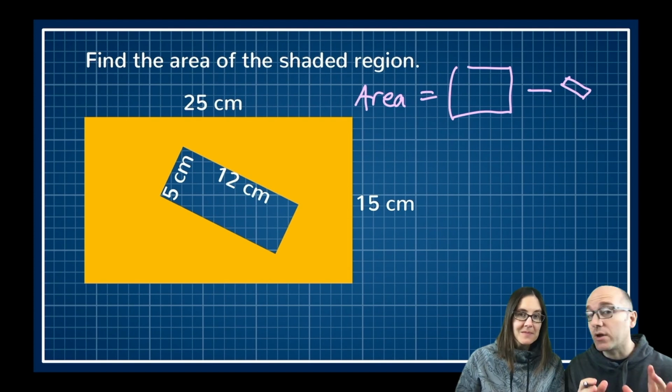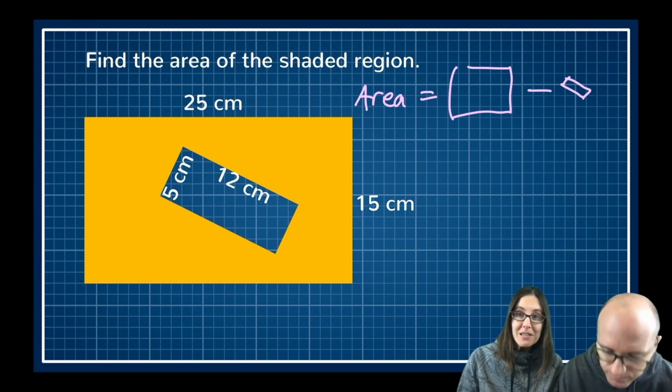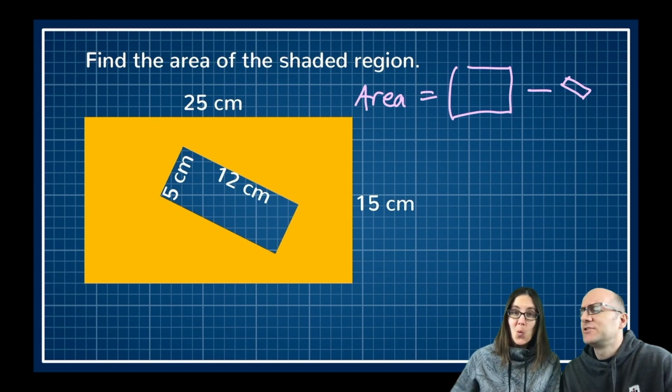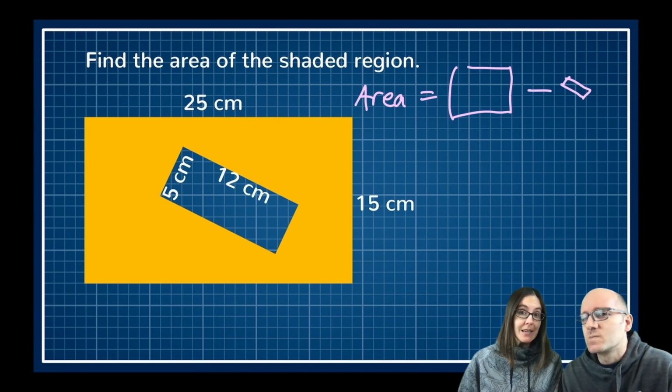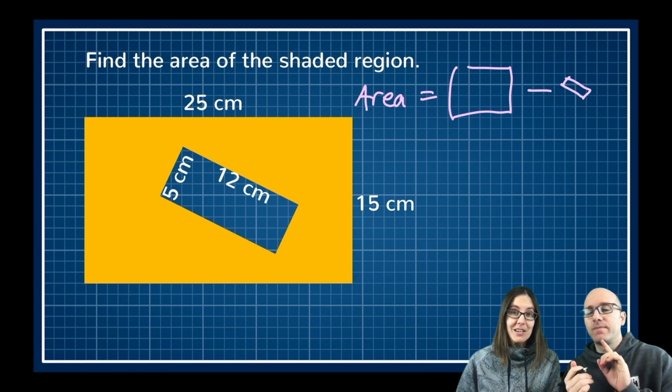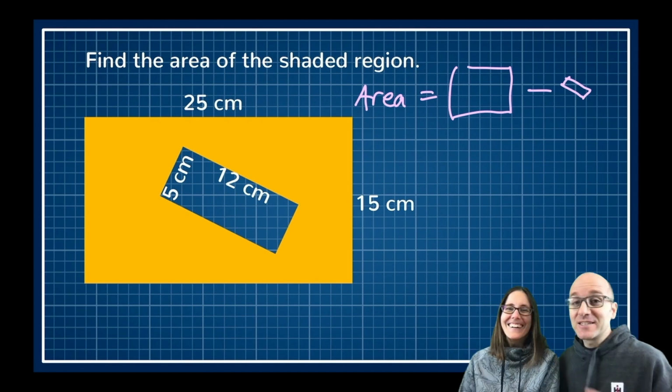So how would we get the area of that big box? Height times width. 25 times 15 for the big box. Okay. And how would you do 25 times 15? Can you think of an easy way of doing that? I suppose you could do 20 times 10 plus 5 times 5. Is that legal? Is that right? No, that doesn't work out quite right. But it was a nice attempt.